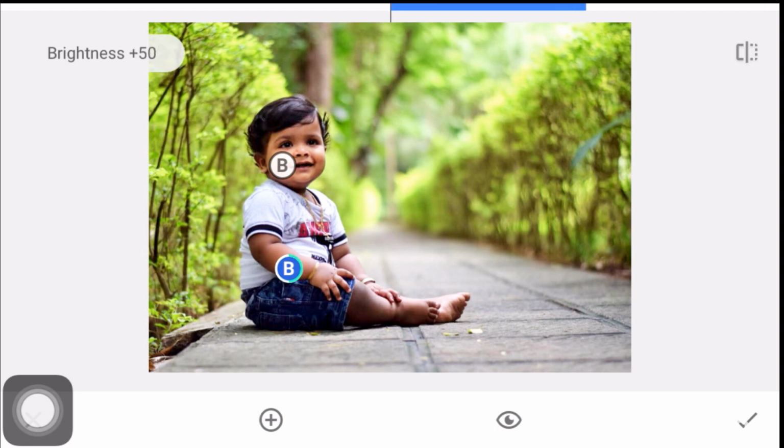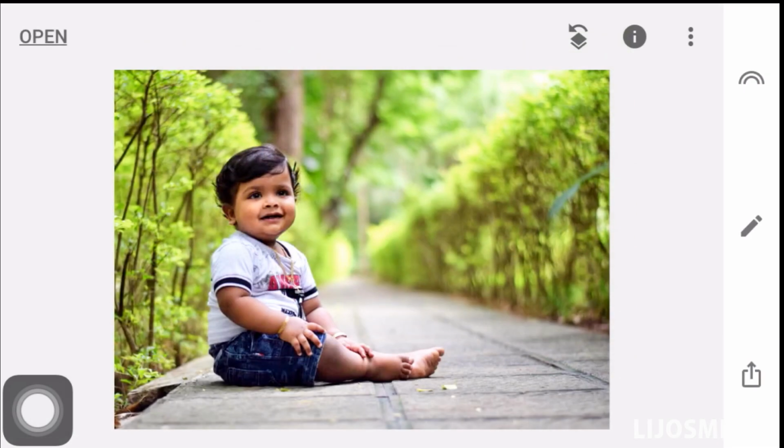Now you can see the color of the hand is increasing. Same way for the legs. Okay, so I increased the brightness of all these 3 areas. Now you can see the total skin brightness is increased.